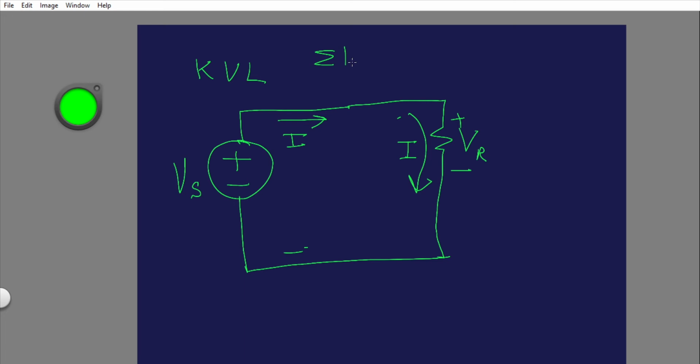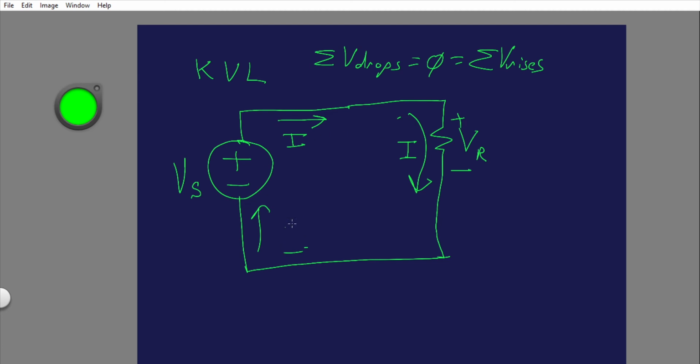Sum of voltage drops equals zero. That also is the same as saying the sum of the voltage rises. It doesn't mean that some of these drops aren't negative. So look here, I've got a source, and so we're going to use as a convention in this class that if we go into them,